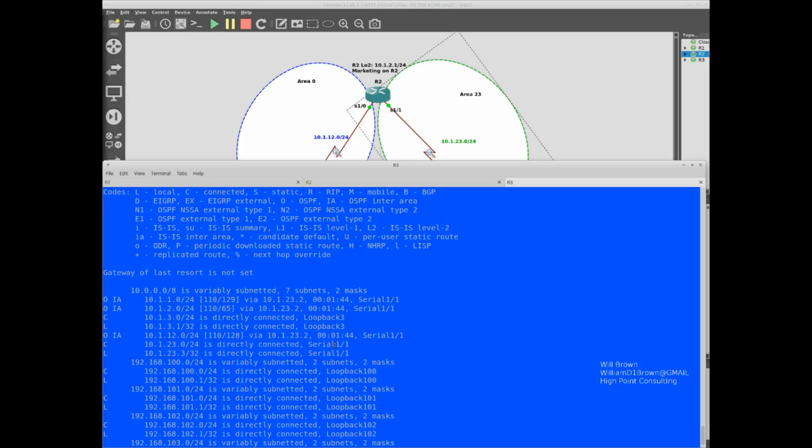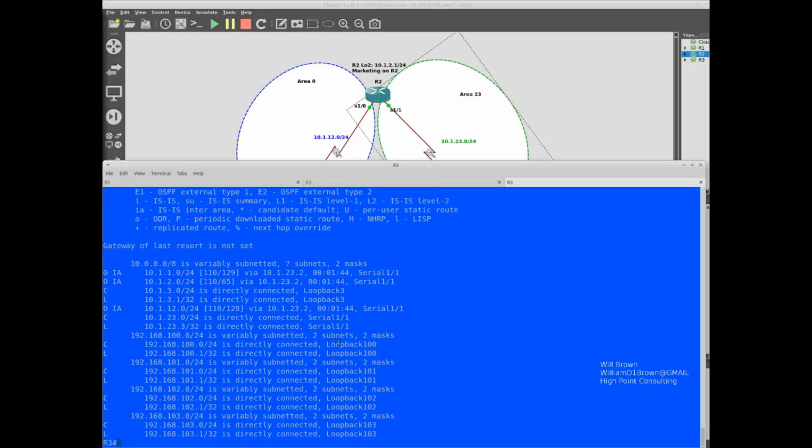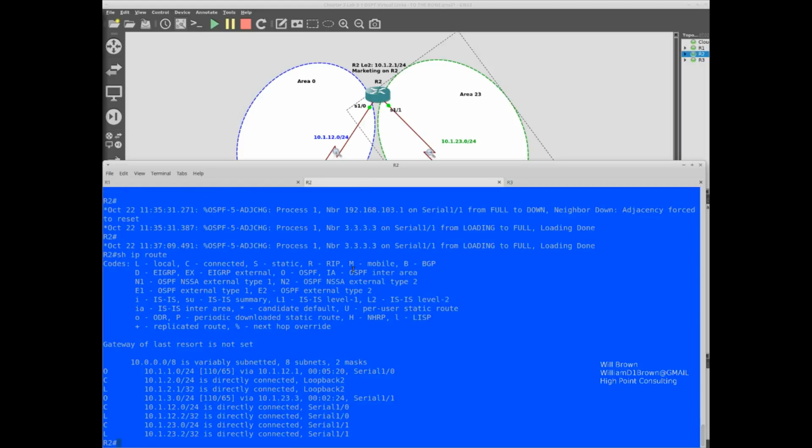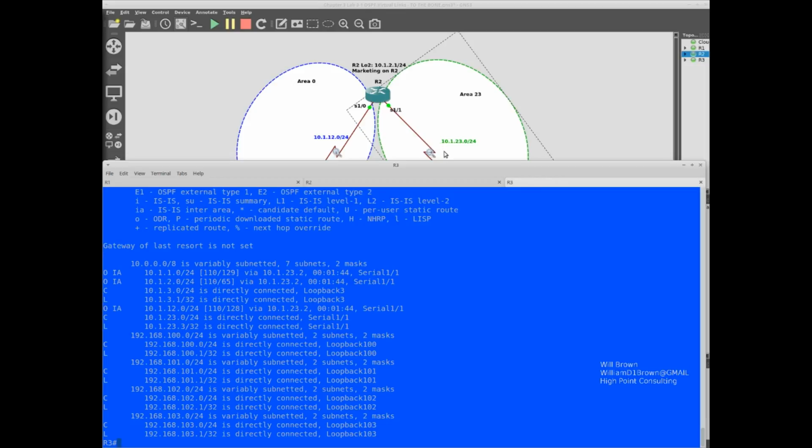So we're learning more. The routing table is building, and what we're going to do now is take a look at the routing table on router 3. Show IP route. So we don't have the loopback interfaces from router 3. Remember that there's a show IP interface brief.